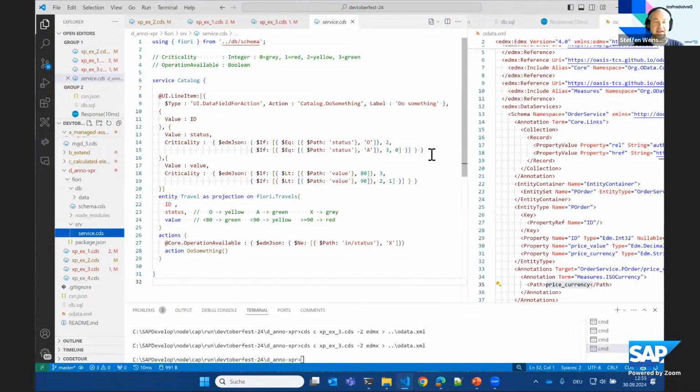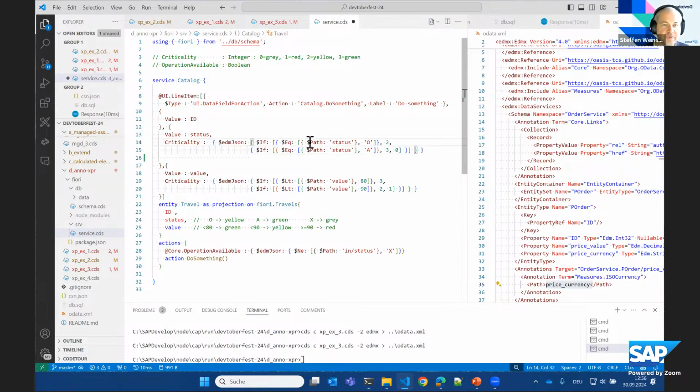The bad thing is, or well, not bad, but not so nice, if you look at the syntax that you have to use to do that. So this is the original OData syntax that you had to use so far. If you look at that, you realize it is pretty hard to get that right. And this is what we